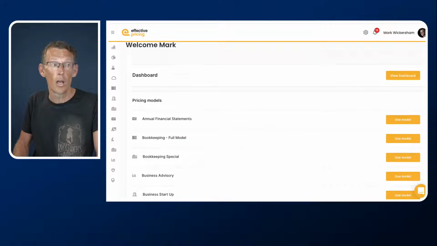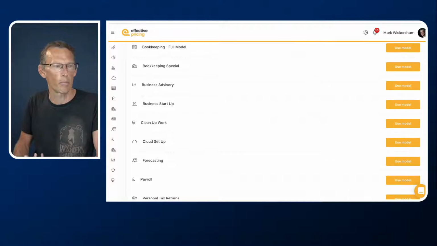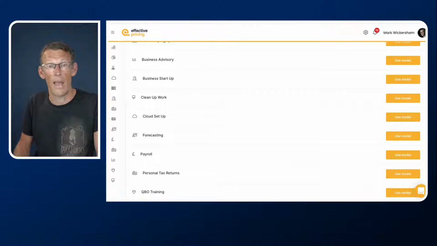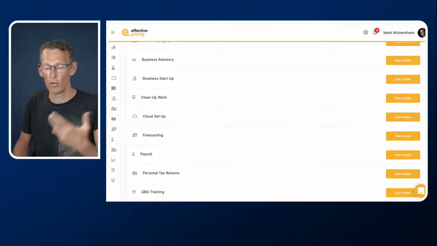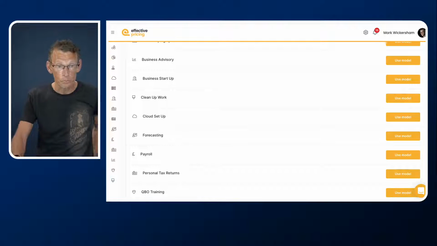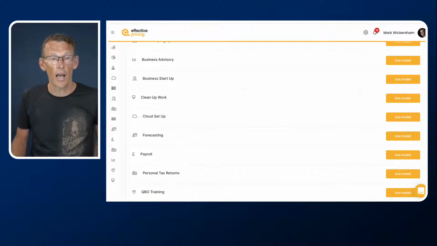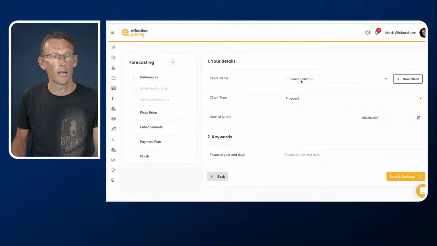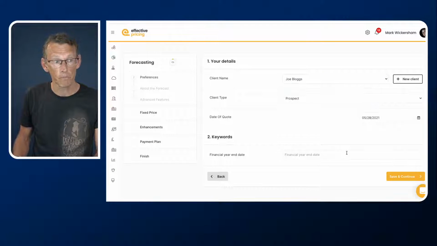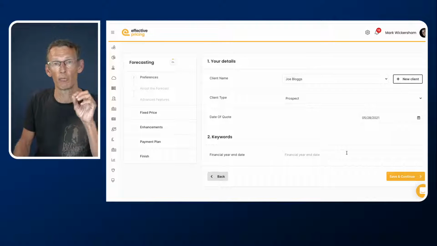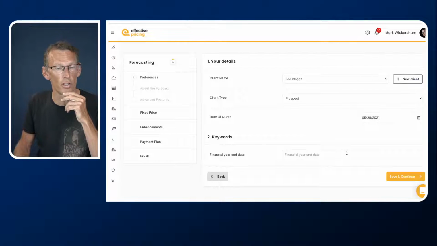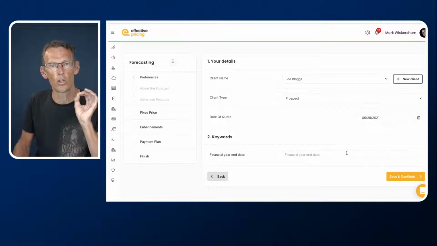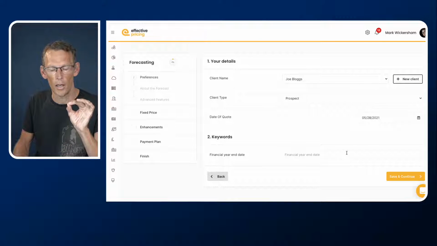If you're brand new, you can price pretty much anything. You can create pricing models for pricing any service. The limit is your imagination, your creativity. So anyway, I've got forecasting, and I'm going to go into and hit that particular model, and I'm going to choose the client's name. And the first thing that's brand new that you will notice, and this is a big thank you to David Colts, it was his idea, when you go to do a new quote for a client,